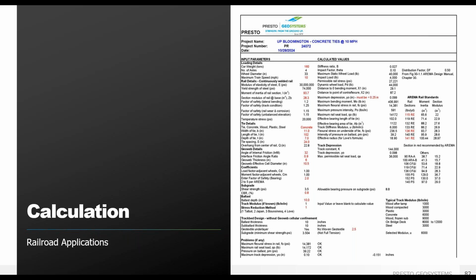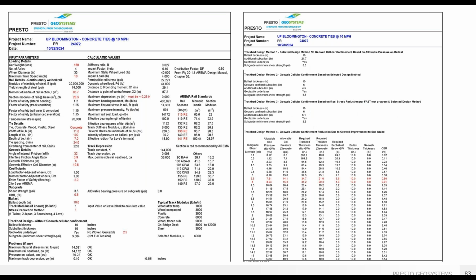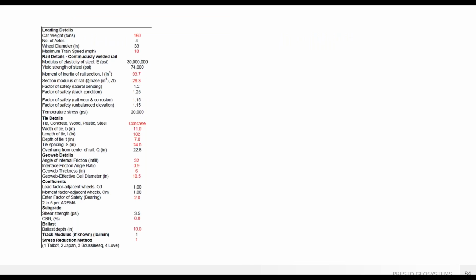So for all of our rail projects, we're going to give you calculations. We're going to give you that free design evaluation, like I said, including the written summary, calcs, and cross sections. Our method that I have put together here, we could use different types. It's in accordance with the AREMA manual. I use the Talbot method for most of them. And our calculation method is pretty detailed, so it does include all the different input parameters. We input car weight, speed, rail weight, tie type, dimension, spacing, and subgrade CBR.